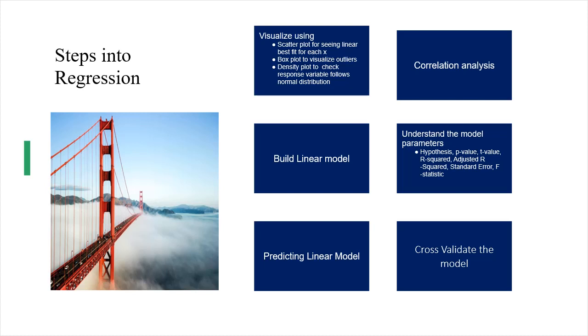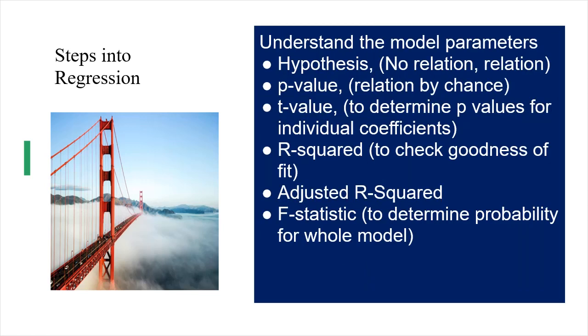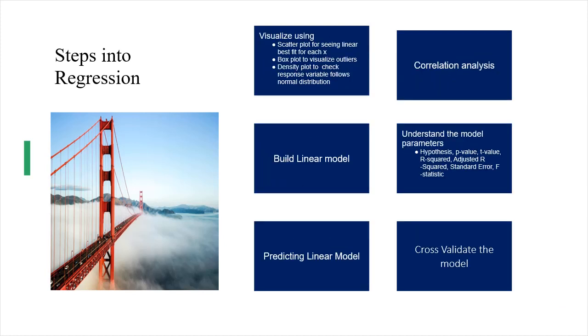After that, you can build a model using the lm function. The lm function model gives you certain parameters, which we try to understand. There are two tests performed: one is the t-test and the other is the f-test. The t-test is basically for testing each of the coefficients, and the f-test is for the overall model. After doing these tests, you get the values for t and f, and these values correspond to certain probabilities in the respective distributions, and that probability should be less than 0.05.